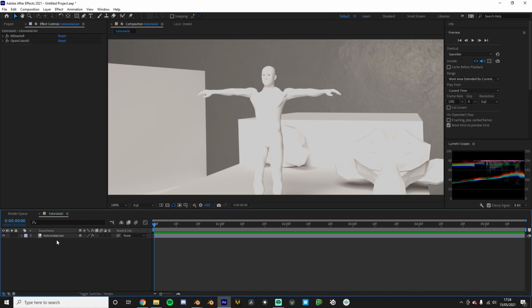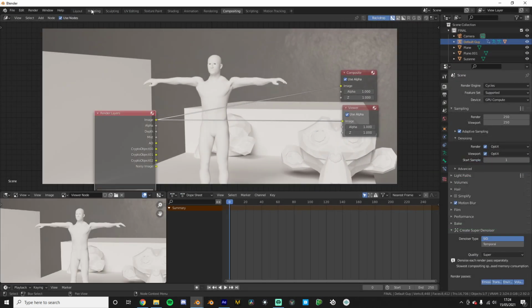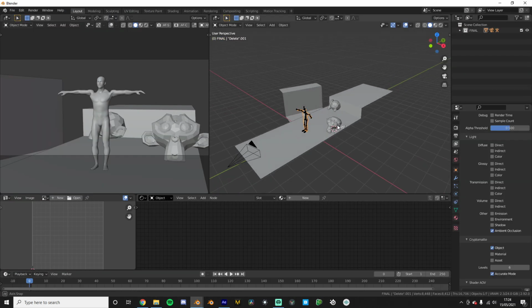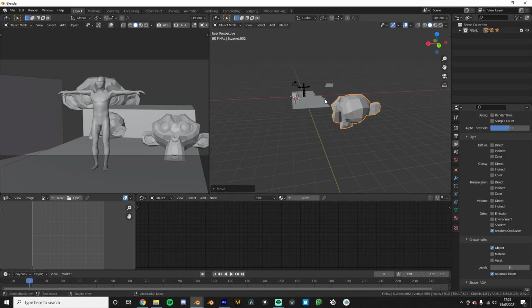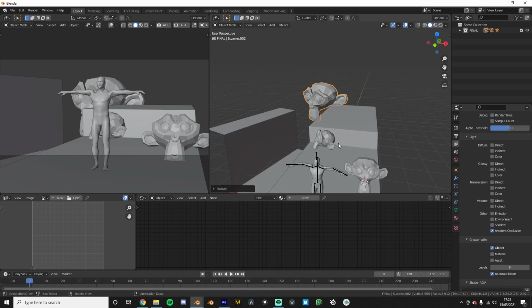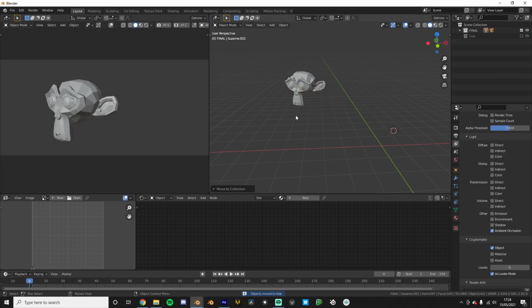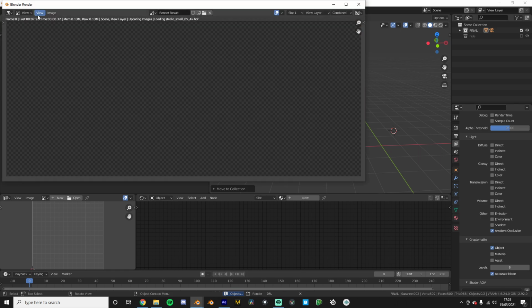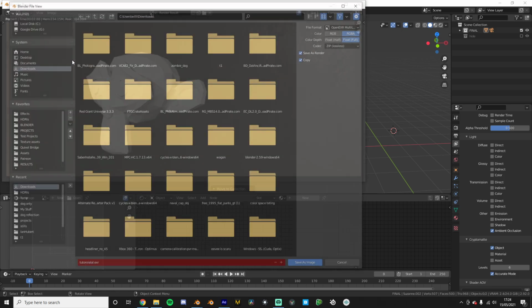extractor thing. So let's say we want to render in something else in the back here. So let's say I want a big monkey, and maybe this monkey takes forever to render if everything else is in the scene. So you just hide this in the final render. Just a demo, but render image again. Let's say you want to comp this into your file. You save this as well,